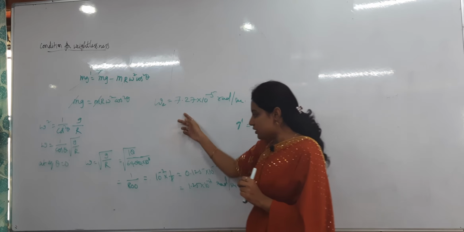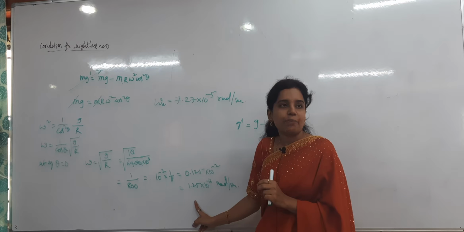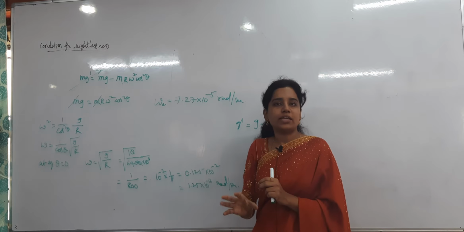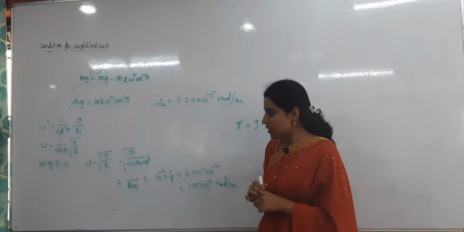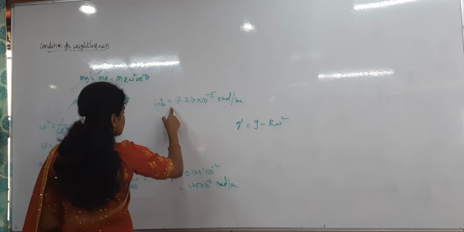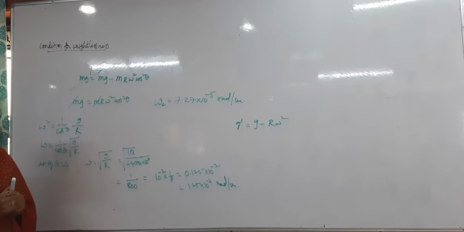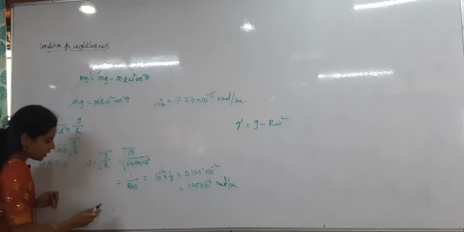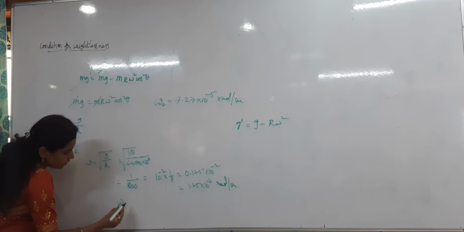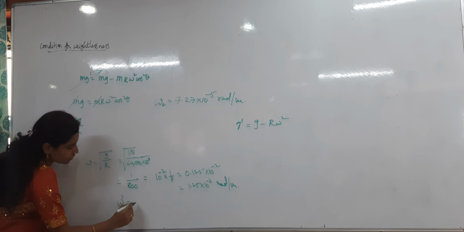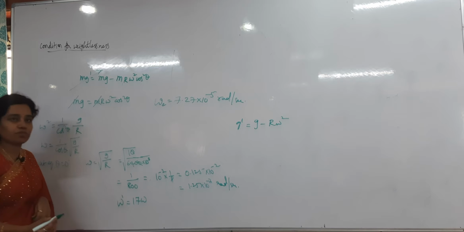Whenever the earth is spinning at this much speed, then what happens? Whoever is at the equator will fly off into the space. Clear, right? Everybody understood? For this one, this is how many times? Nothing but 17 times. So the omega,